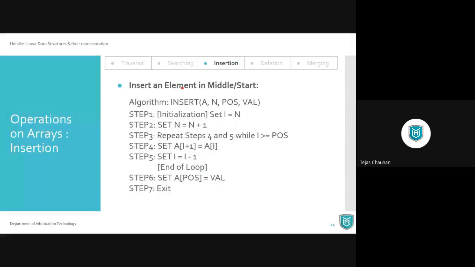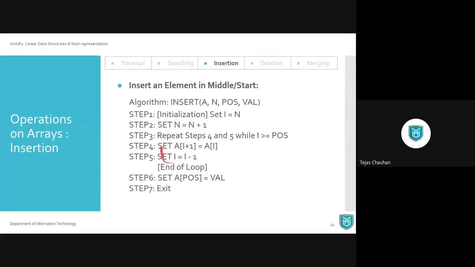So this is the algorithm for that process. You start your iteration from the upper bound n, okay, and you iterate, means your I will go through up to the given position. So I is greater than or equal to POS, I minus minus. Now every time what we will do is we are going to shift ith value to the right side, which is I plus 1. We are going to store ith value to I plus 1 position. And this iteration is going to shift all those numbers.